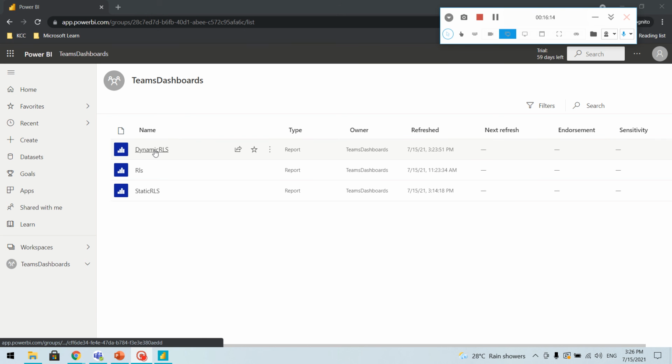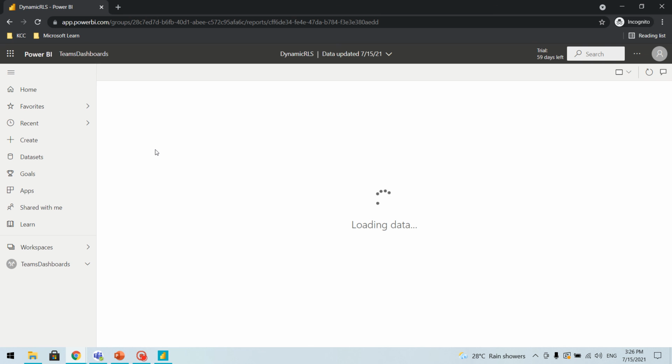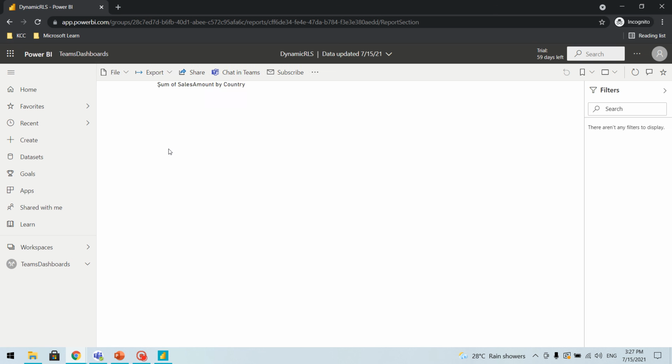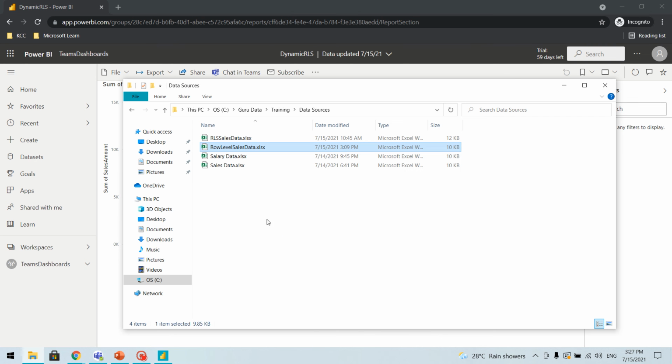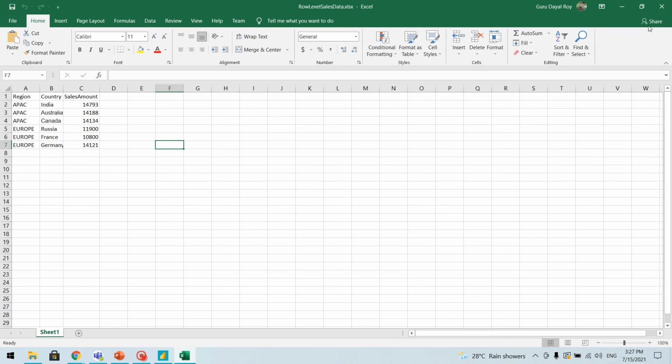So our report is loaded here. Let's go and see how we are getting the data. So we can see the data like this. Now, since this is connected to an Excel workbook, that's why we'll have to change things here.